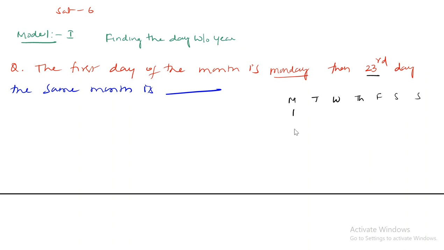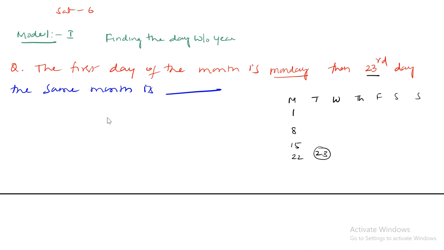So after that, if you add 7 days here, you will get 8. After that, you will get 15. After that, you will get 22. Okay, so like that. So they're asking the 23rd day, which will be Tuesday. So this will be a simple process. Okay, so how can we do this problem without using this calendar here?